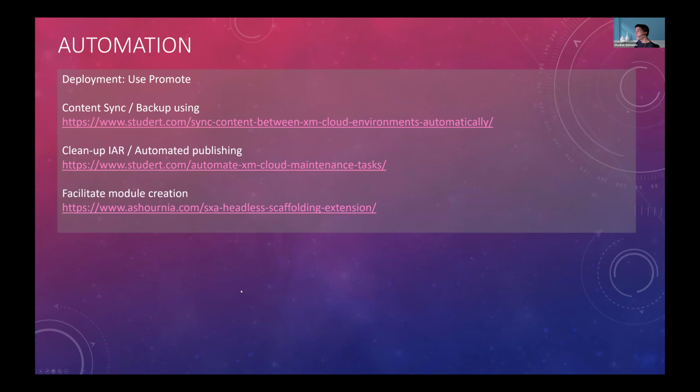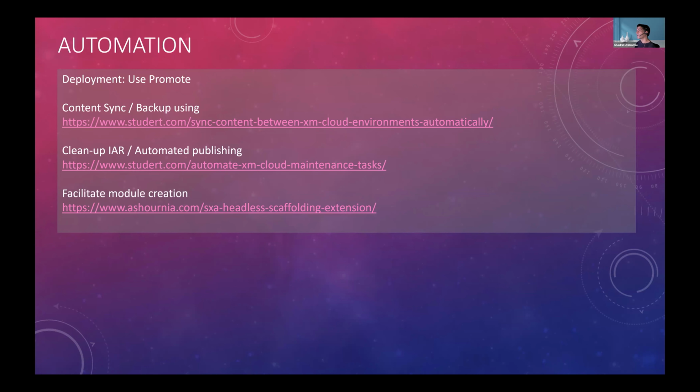Yeah, a few topics here. First, about the deployment using xmCloud Deploy. Always use a promote. How you build your environment is when you have 3 instances. The first one is usually development, the second one is staging or testing, and the last one is production.